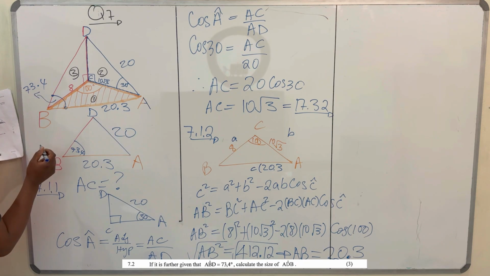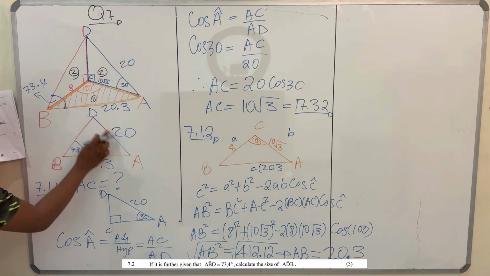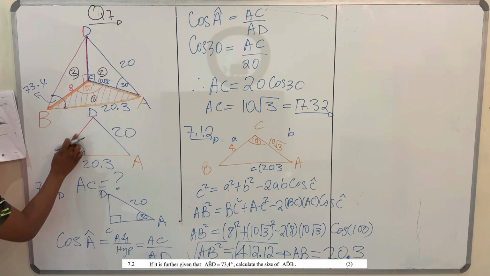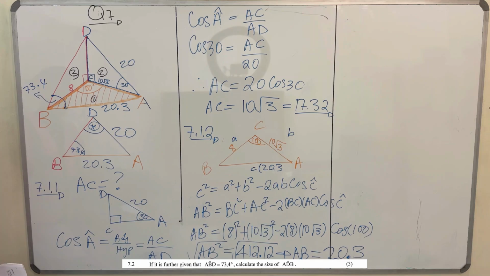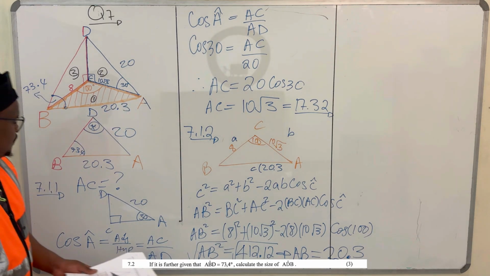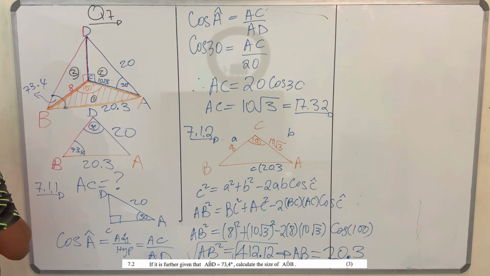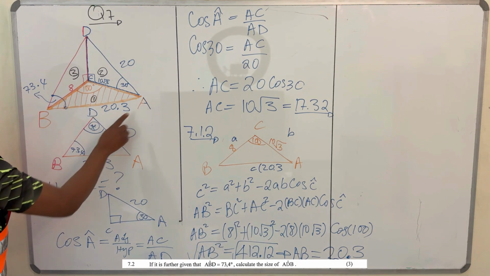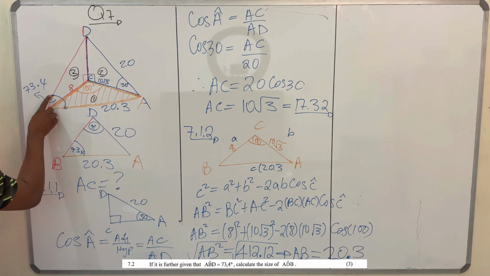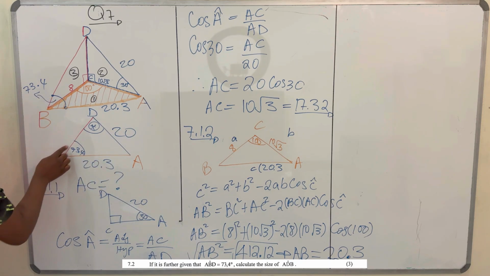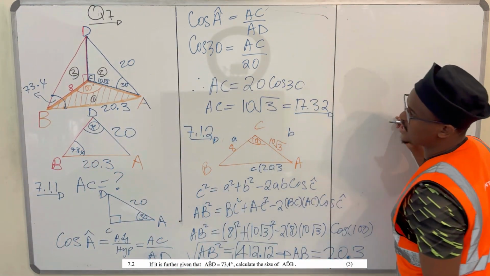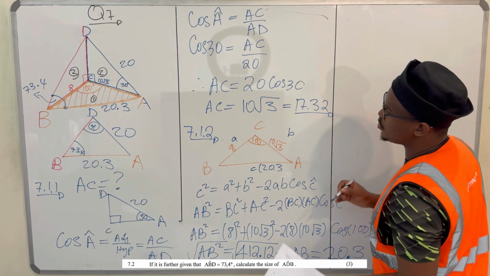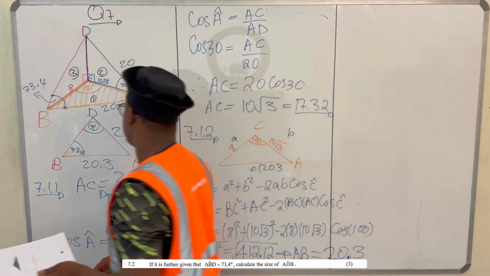They want us to find angle D, the angle between AD and DB, which is this angle here. That's the angle that they want us to find. So I'll draw this triangle over there. Because if you look at it, D is that one there, A is that angle there, and B is this angle here. So this angle here is the angle between AB and DB. That's what they have given us. So they want us to find this angle over there. Let me not redraw it. So on this triangle,